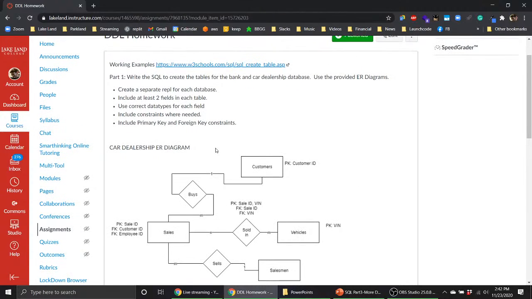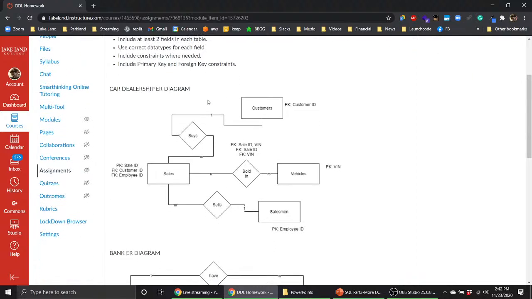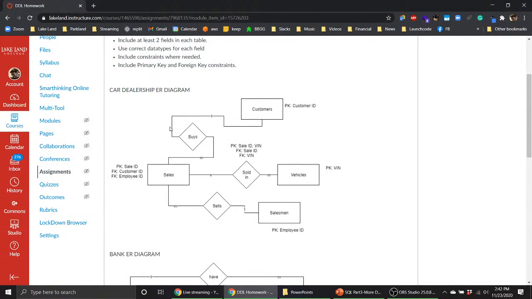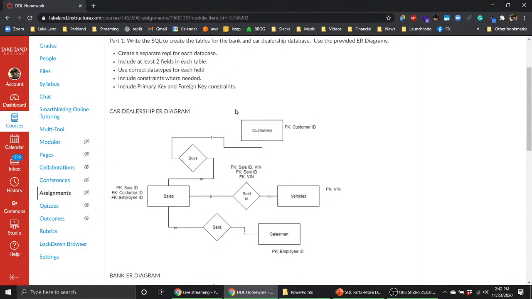And I'm also asking you to use the constraints we learned in the last chapter, or part 2. Okay, so you will need to create two separate databases for this. So in Replit you'll need to make two separate projects, and then you're going to interpret the ER diagrams, one for each database, okay, to use the create table commands to create tables for this database. So as a reminder,